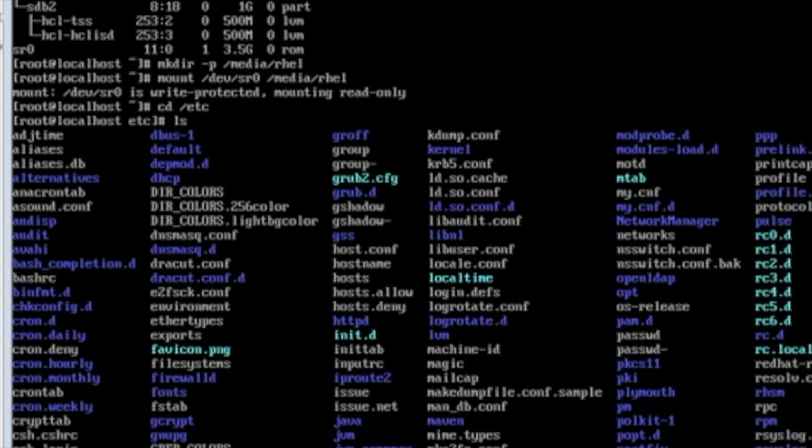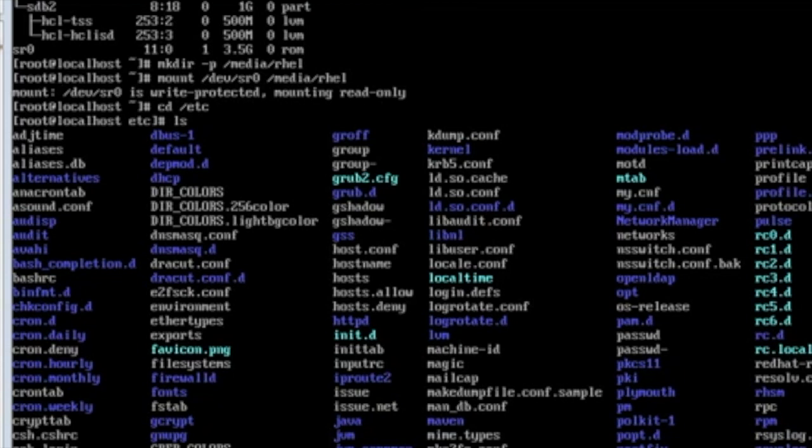Now here I am going to create a file, a repository configuration file, through which I will point to the folder, such as /media/rhel here, where the /dev/sr0 contents are mounted.